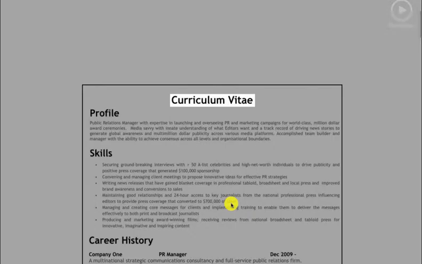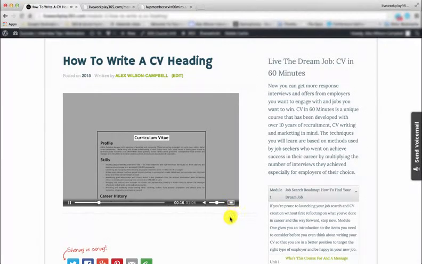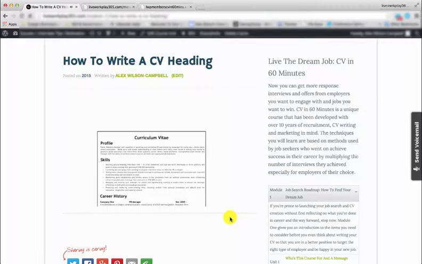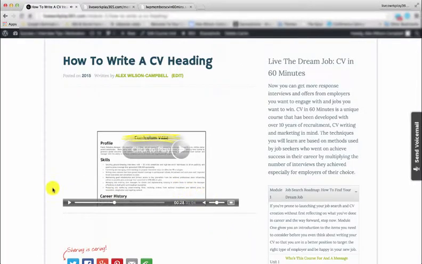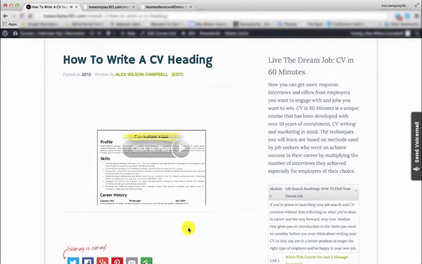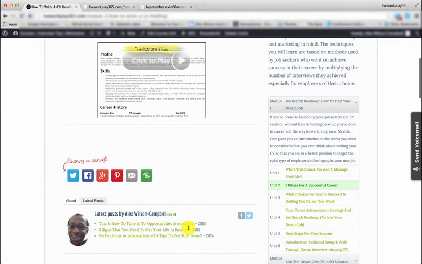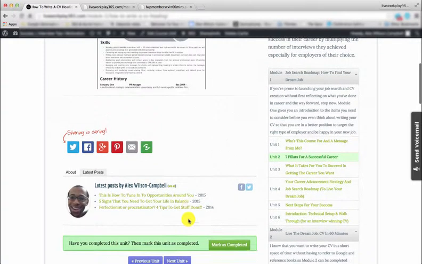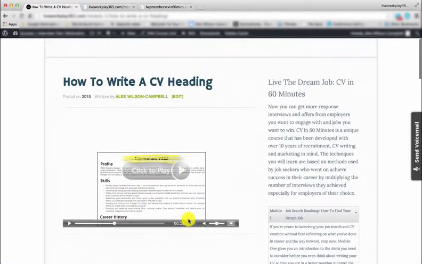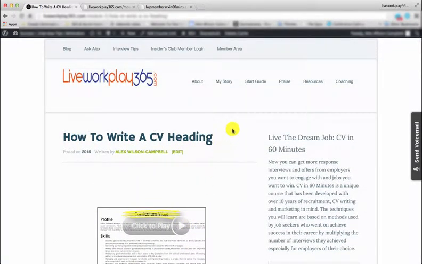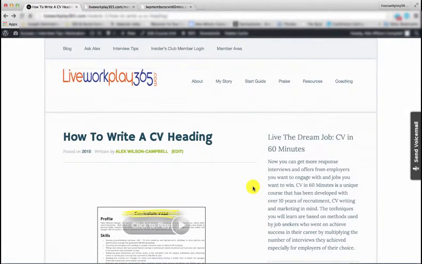So I try to use as many visuals as possible on each of the videos, just so again there's that element of trying to keep the levels of interest there, because obviously CV writing can be at times quite an onerous task. So that's the CV heading element. Let's now go back to the main member area. In fact, before we go back to the member area, let me just show you something really quick,